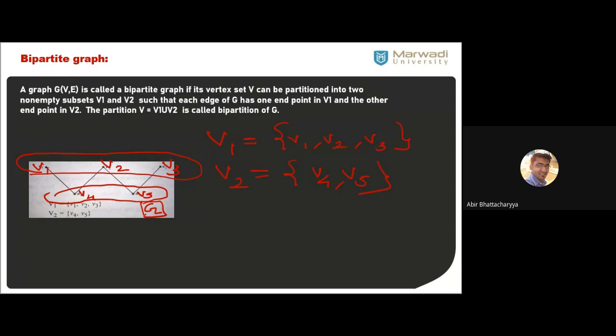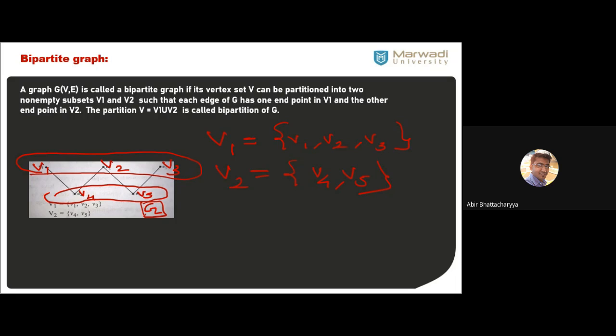This is called bipartite. Similarly, in the next level concept in machine learning, that is called a neural network. You may have heard about that concept. In a neural network, there is one concept like layers. One is called feed forward, another is called feed backward, and the middle one is going to be hidden layers. You are technological people, so you may know that thing. In a feed forward or feed backward network, there is a hidden layer in between.